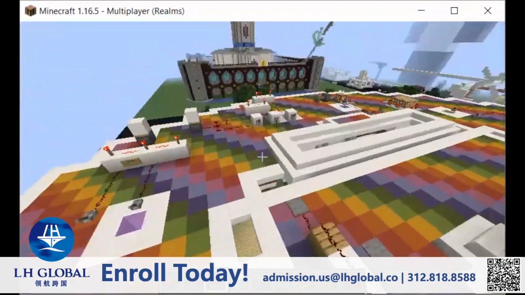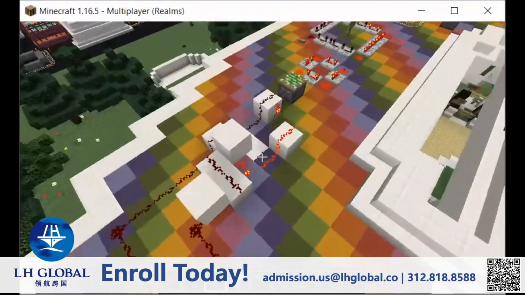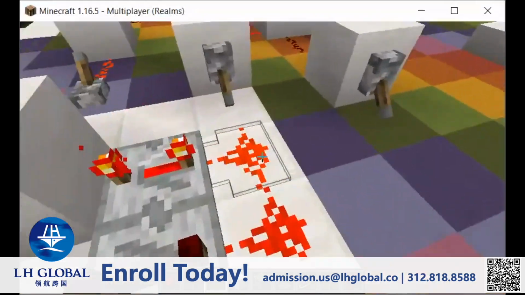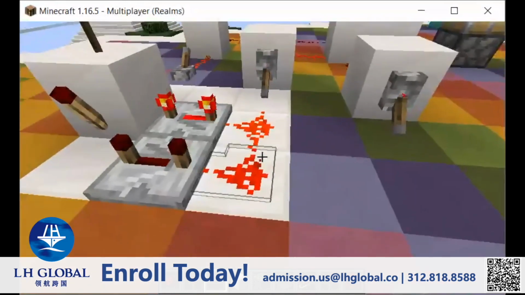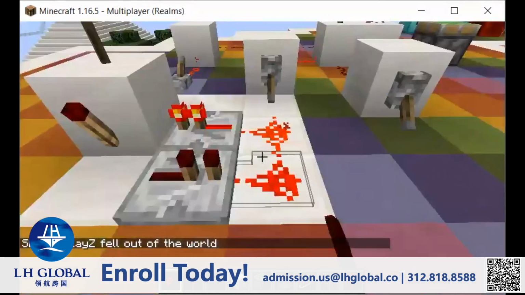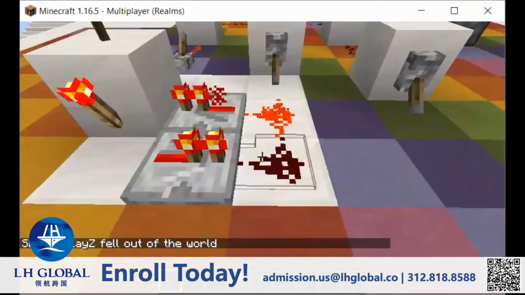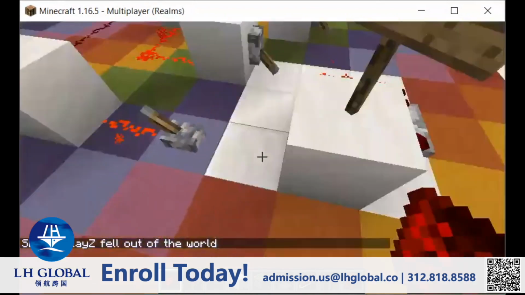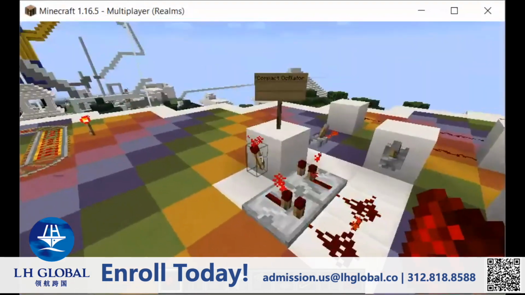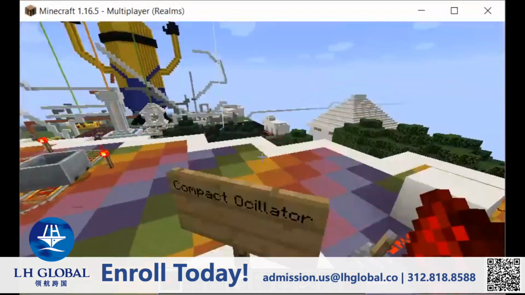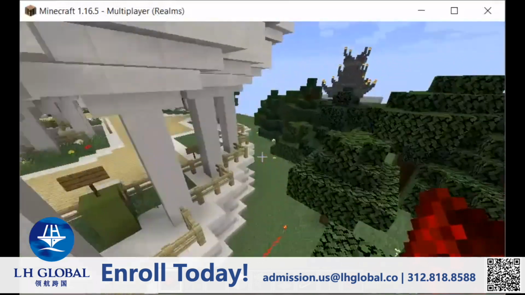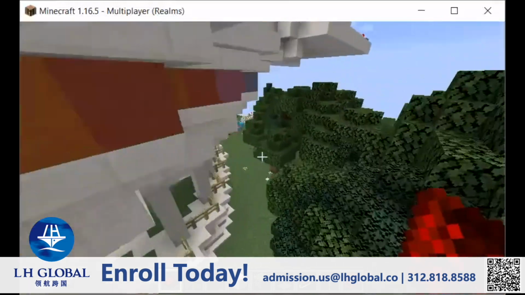Let's find it. Here's our oscillator. This is a modified version of this oscillator, which has at some point broken for unknown reasons, but we'll fix that one at some point. All right. We'll have to. There we go. Didn't notice the lever. There we go. It's a modified version of this standard oscillator. Only we're going to use a block in order to turn it on and off. So if we go back to our oscillator over here,